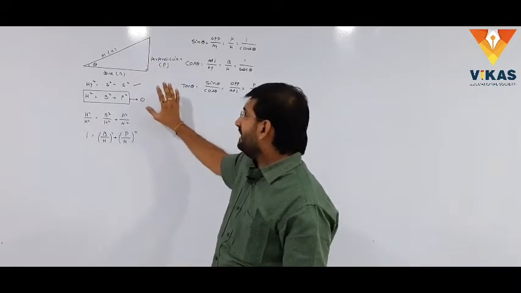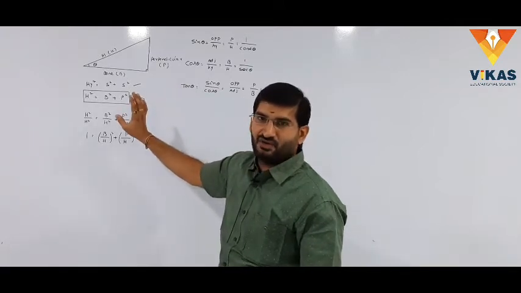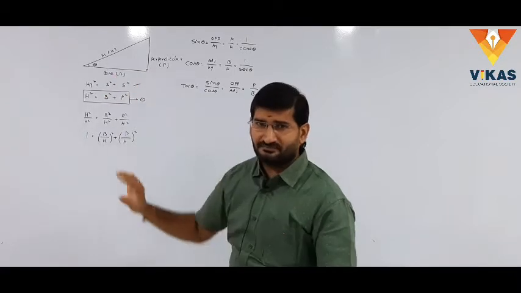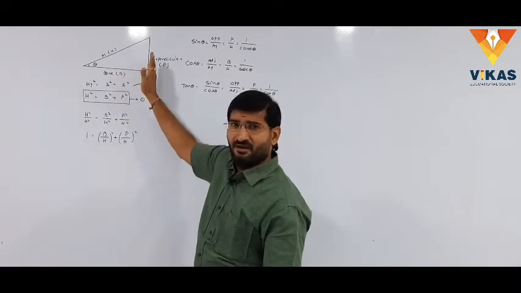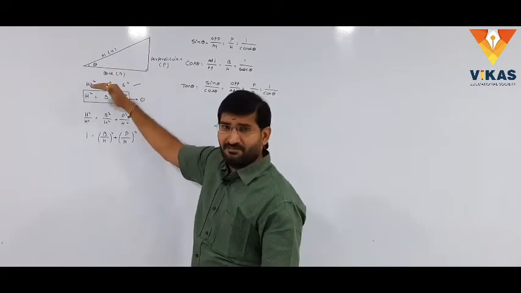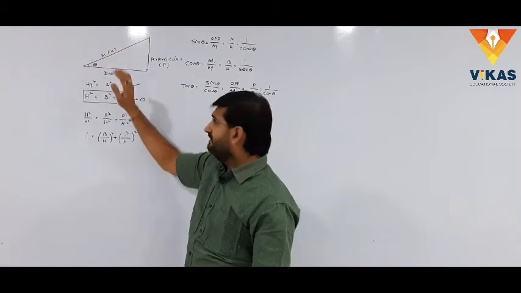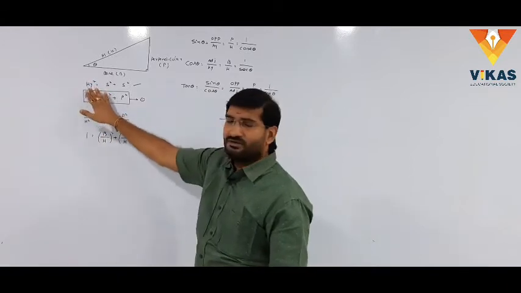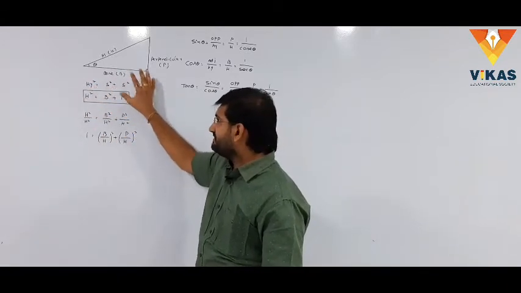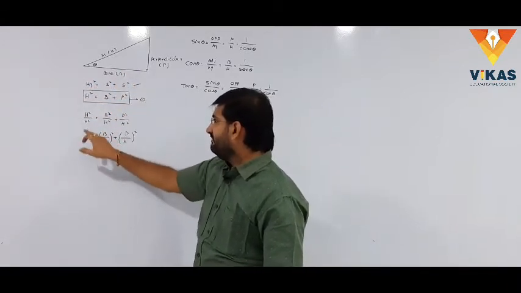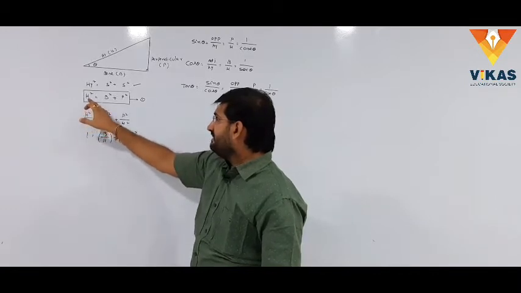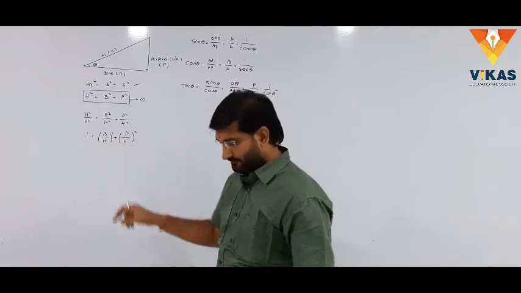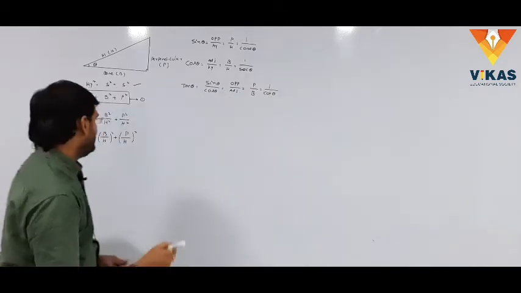First of all, how to calculate the first identity in trigonometry. Here, let us consider a right angle triangle. Here the right angle triangle has opposite side P, base B, and hypotenuse H. We use the Pythagoras relation for the right angle. Hypotenuse square equal to side square plus side square. We substitute the given values here. We divide h square on both sides simply like this. This is the equation.